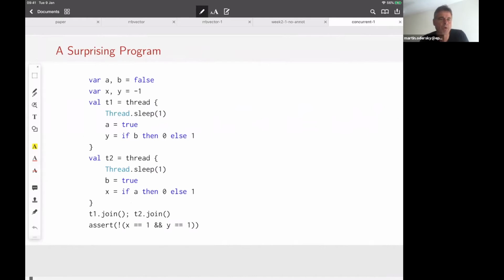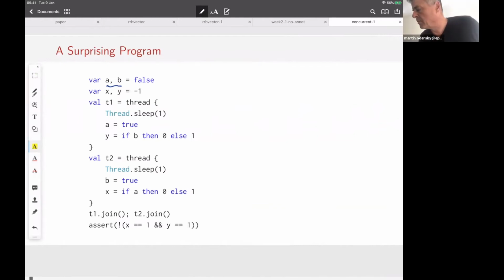here is a program that is in some ways surprising. Let's have a look at what the program does. The program itself is not very surprising. It essentially just tries to prove a point. So we have two variables, A and B, and we set them to false.